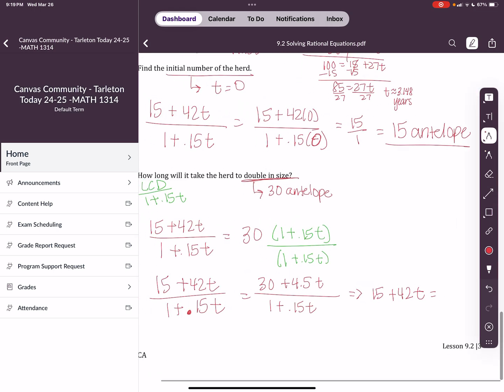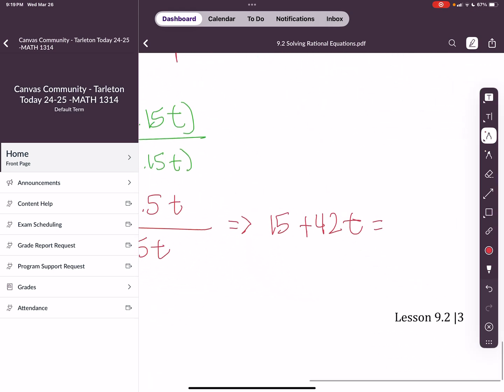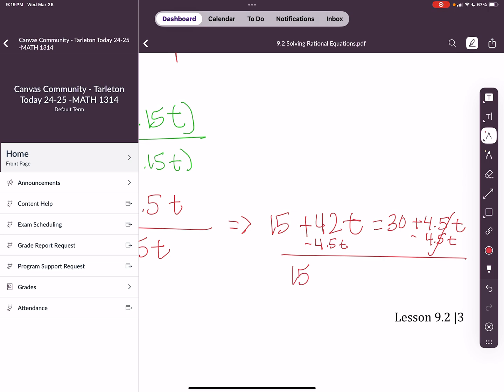equals 30. Oh, I'm running out of paper over here. 30 plus 4.5t. Okay. And just like we did on the first question on this problem, we're just going to solve it for t. All right. So I'm going to subtract 4.5t from both sides. All right. And I get 15